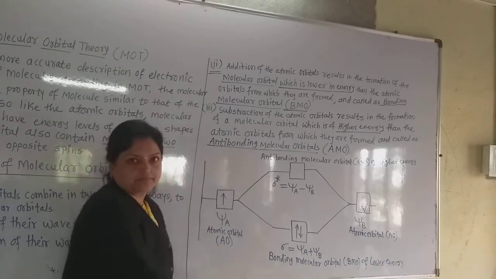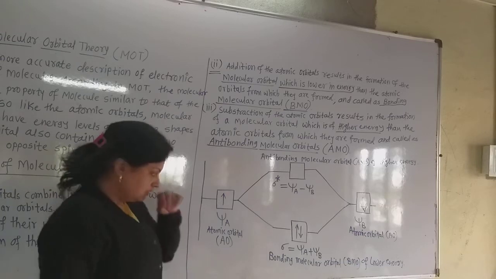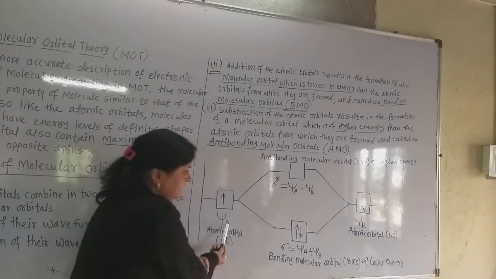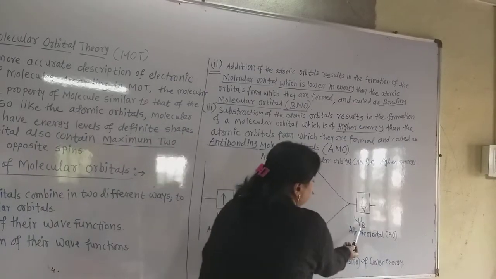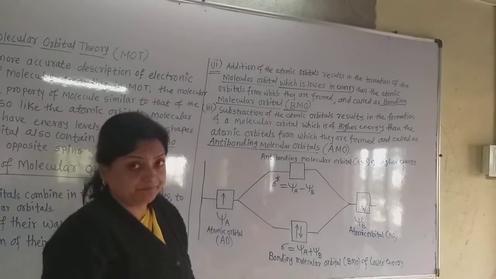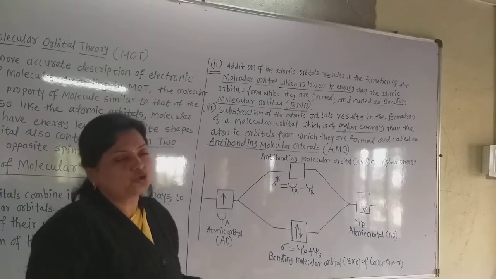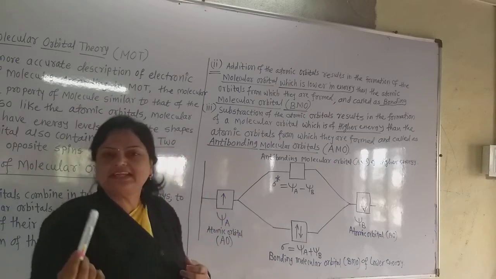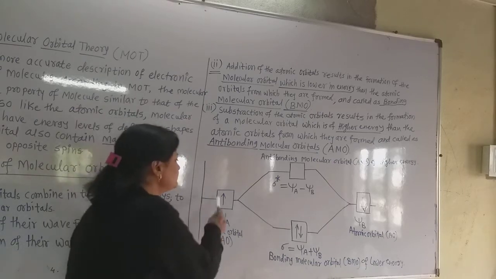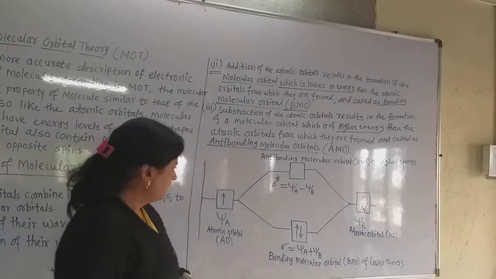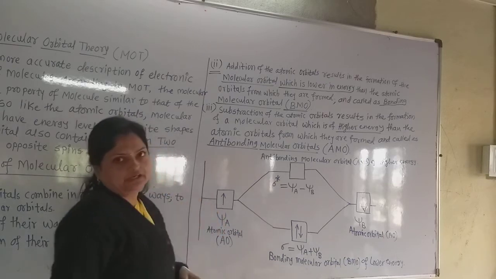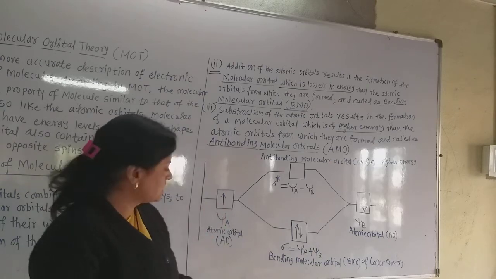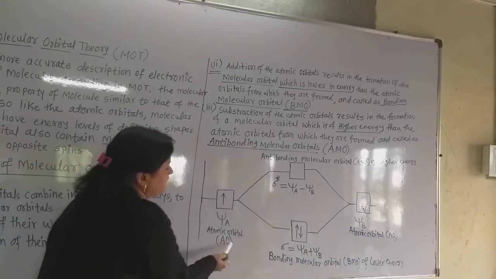Now see the figure. In this figure, this is the A atom having the wave function psi A. This is the B atom having the wave function psi B. Suppose they are two hydrogen atoms. We know that in a hydrogen atom the 1s orbital is there. Suppose this is the 1s orbital of the hydrogen containing only one unpaired electron with the clockwise spin, so it has the value plus half. Now this is the atomic orbital of the A atom.